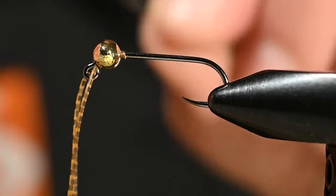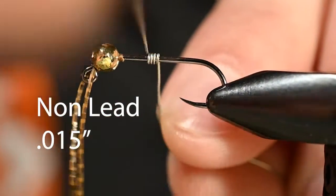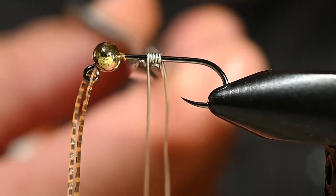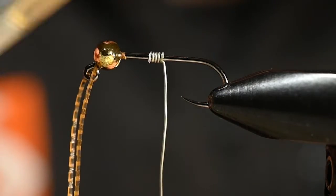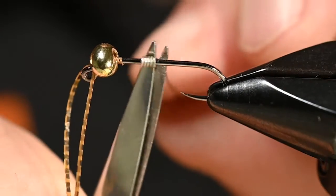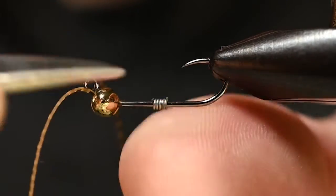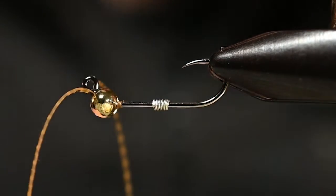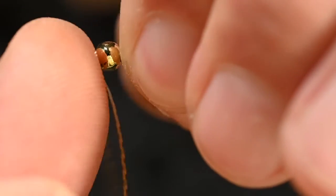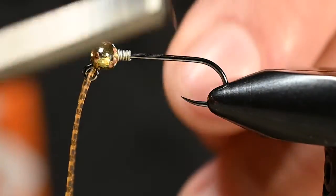So I'm going to position them just a little bit better, and now I'm ready to solidify the position of that bead. And for that, I've got some non-lead 0.015, and I'm not doing a bunch of wraps here, 5 or 6. I'm going to trim out both the front and the back and use the curve of my wire scissor, also known as a cuticle scissor, to just smooth those ends over. And all that does, aside from position the bead and hold it still, is when you round these over, you're not going to cut your thread as soon as you start it. Slick that as far toward the back of that bead as you can, and we'll just continue to tie down now. So start our thread again,